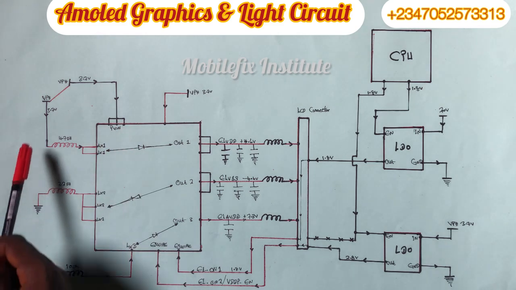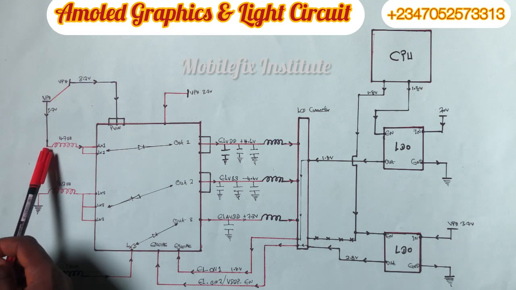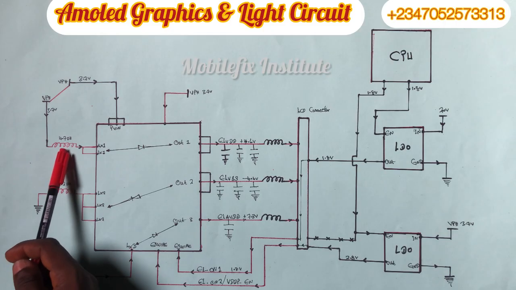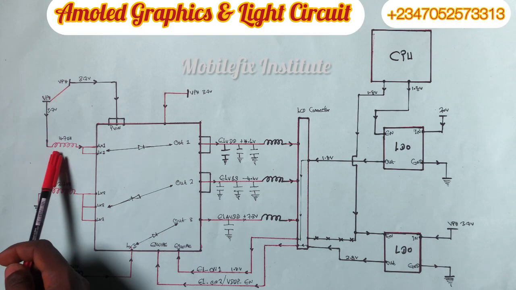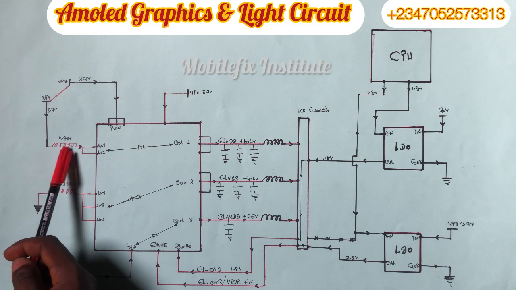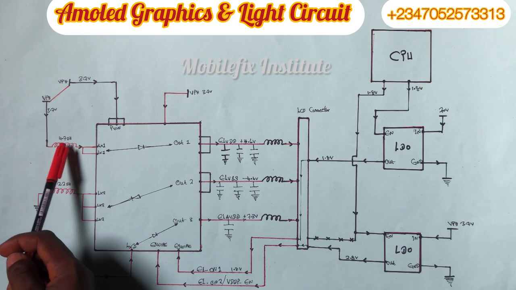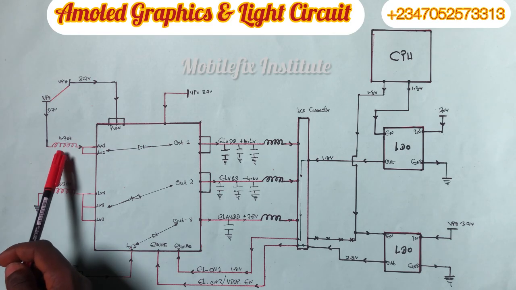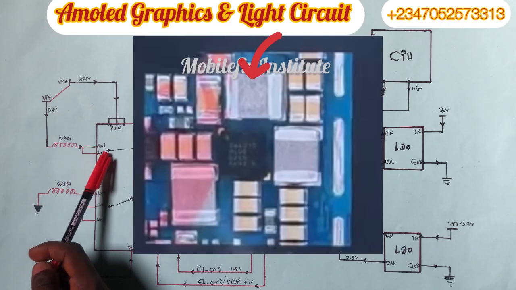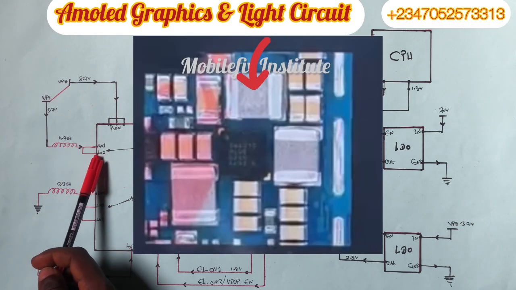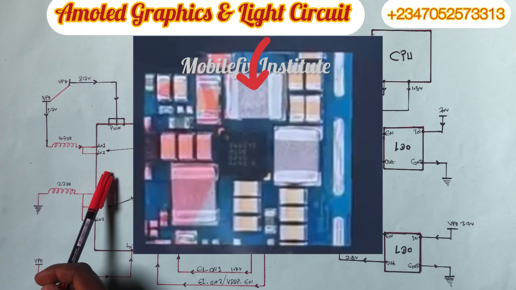So now if you see another VPH line here, it comes and enters through this coil. There is one big coil, and this coil is a 4.7 microhenry coil. So now this coil enters through pin number 1, pin number 2, and on your schematics they will label there